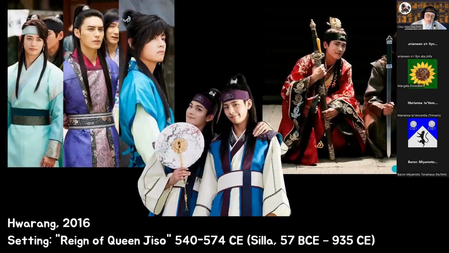Here we have Hwarang from 2016. This is kind of like the Korean version of Hanfu. It's not quite accurate at all. It's just throwing a bunch of cool elements together and making a good costume. Here you can see the back of that sashless obi everyone was wearing, where it's just 2 ties, or 4 ties actually. There would be one further back on the inside, and then the ends would be tied here. So there should be 4 ties if you're doing the sashless obi look, which is completely inaccurate as far as I'm aware. But a lot of people like doing it.